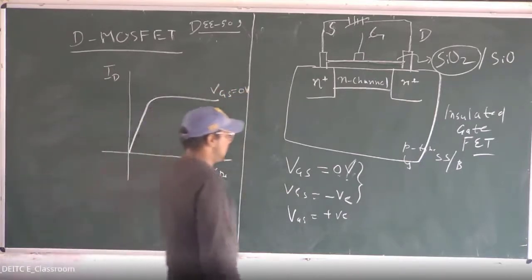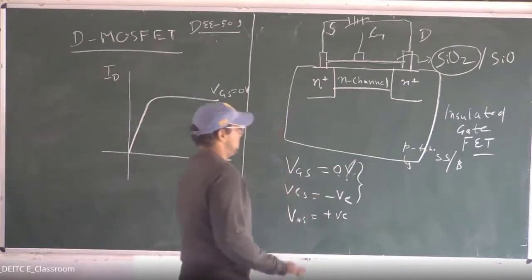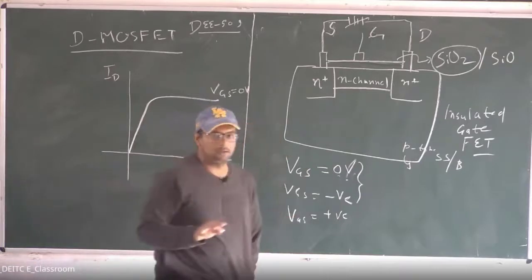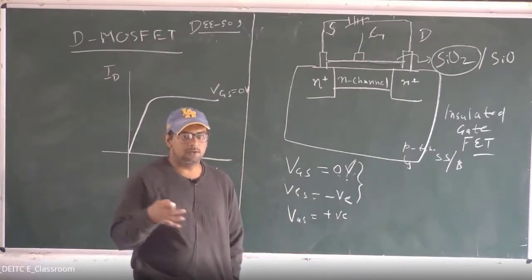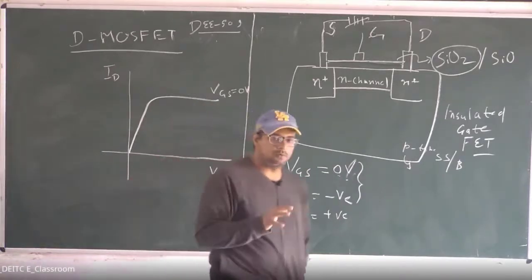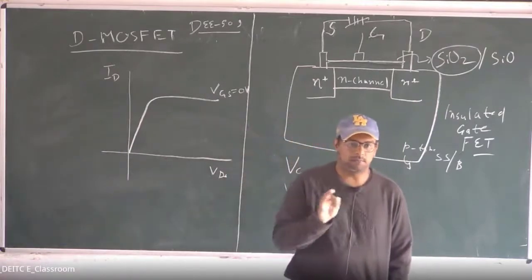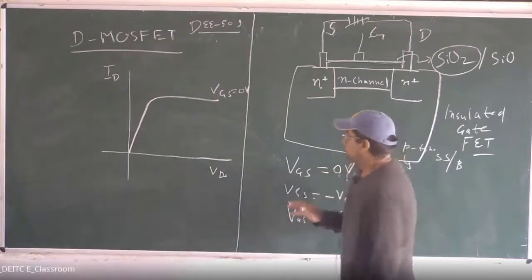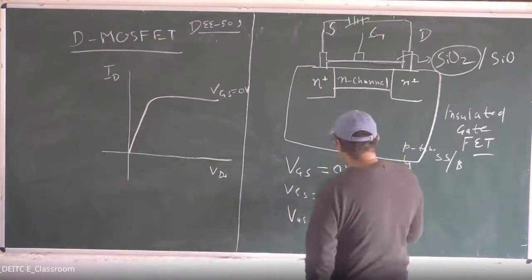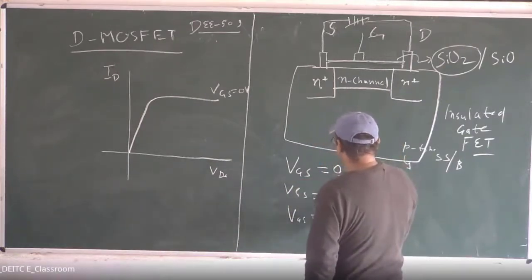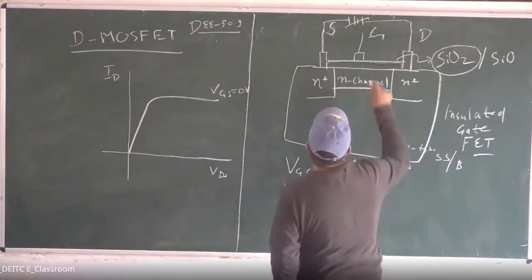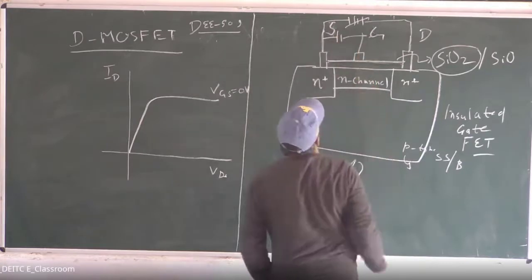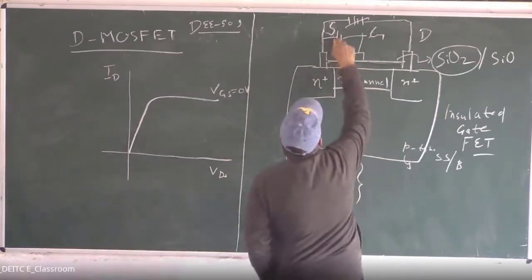And when we apply this negative voltage now, we have already discussed all the working of this device at VGS equal to 0 volt. If anyone has a doubt, then please go through the previous lecture. You will get all the information. Okay. Now, VGS equal to 0 volt done, VGS equal to negative. Now we will apply some negative voltage across this. So here we have applied some negative voltage.